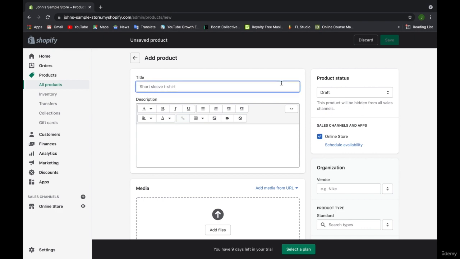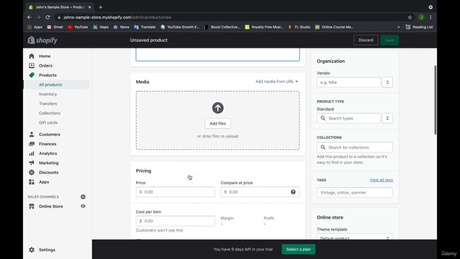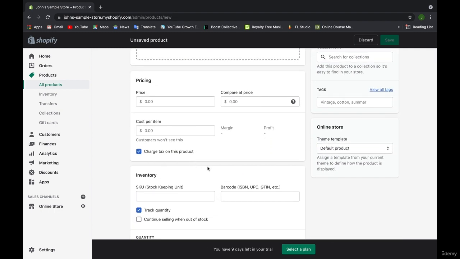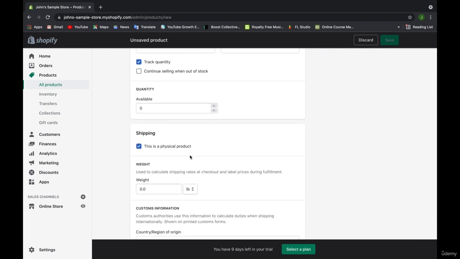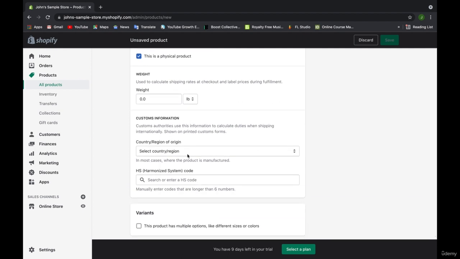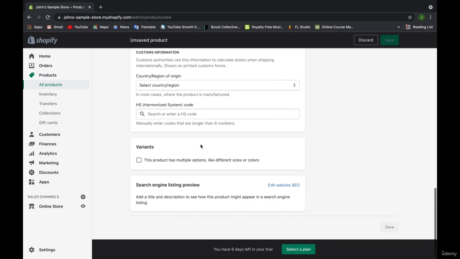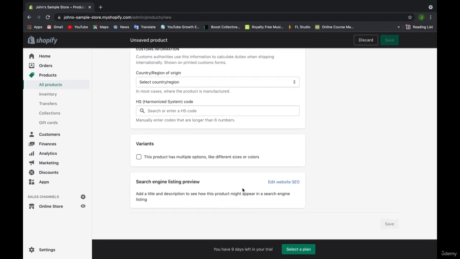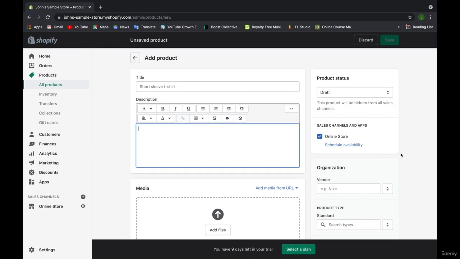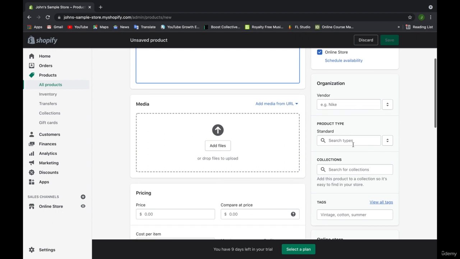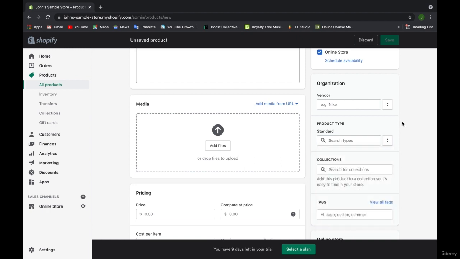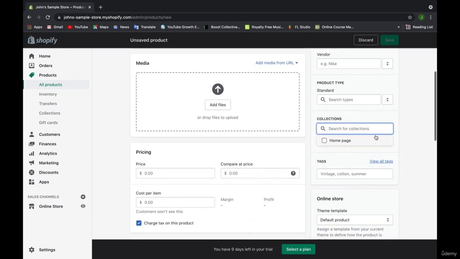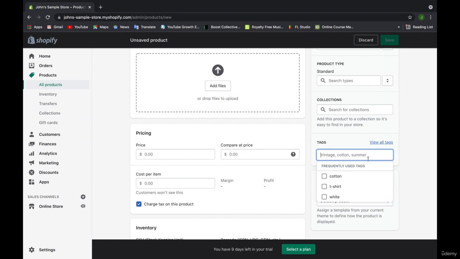You need to add the title, the description, images, the pricing, inventory codes if you deal with that, the quantity, the shipping if this is a physical product, the weight, customs information for international shipping, variants if this product has a variety of colors or sizes, the SEO for Google, Bing, Yahoo search engines, and then of course the vendor, the type of product that this is, is this a shirt, is this a dress, the categorization basically, the collection that it belongs to,